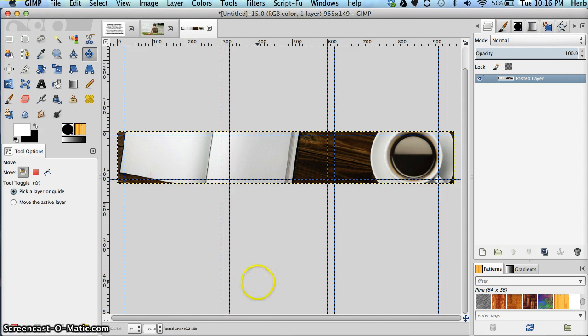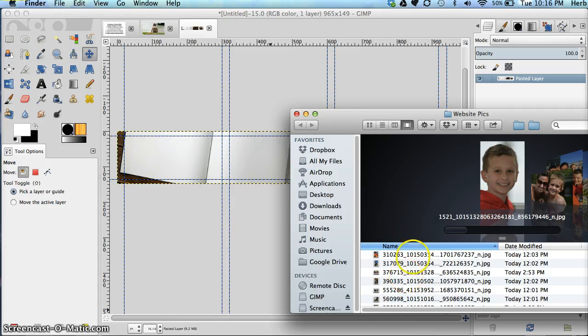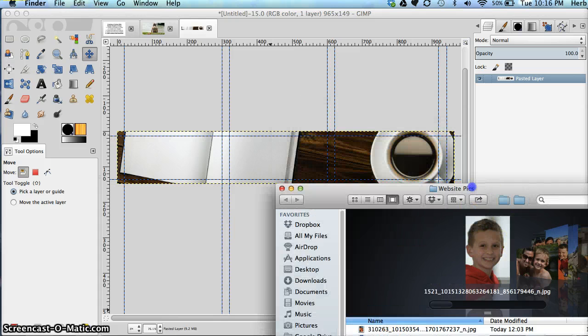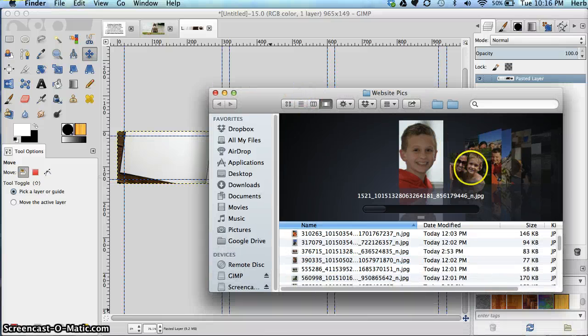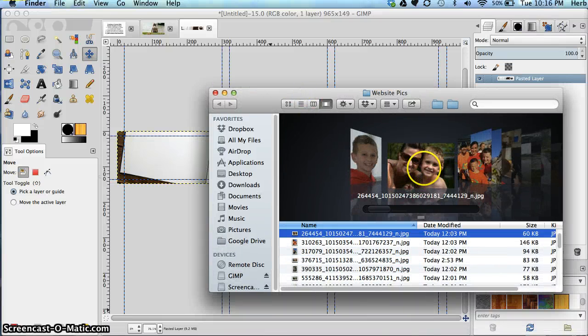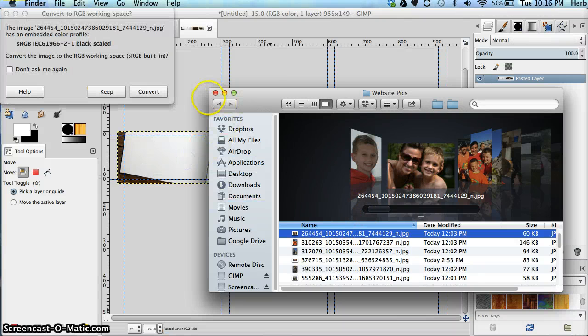Now, I want to pull in my images. And notice I have a horizontal landscape orientation for each of these 3 sections. So I probably want to find landscape oriented images like this. Click and drag that one in, convert,